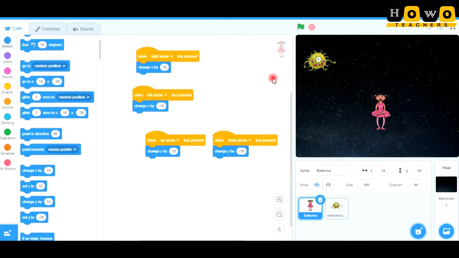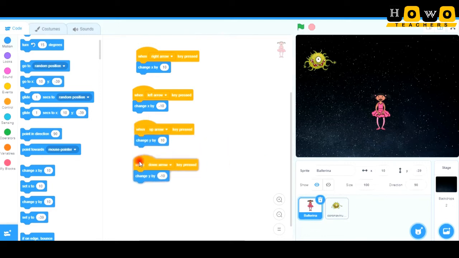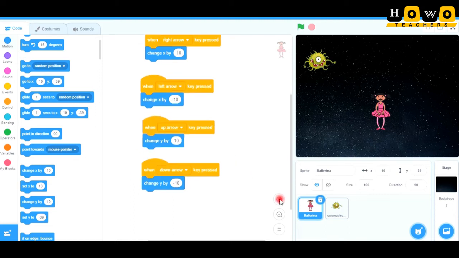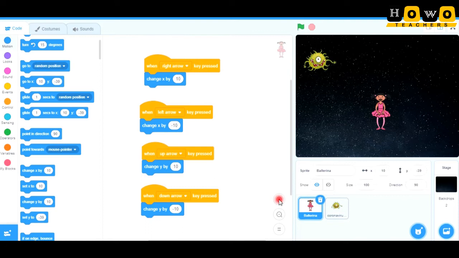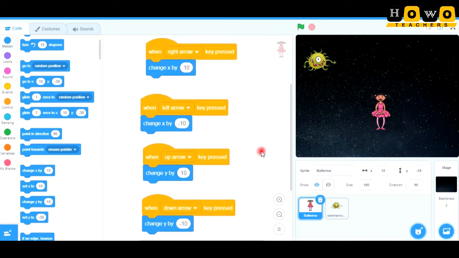So let us check whether all the code is working properly. Anytime you can drag the code and keep it in the particular space you want, and I am just zooming it out so that you can have a good view of what we have made. I hope all the code is visible to you properly.